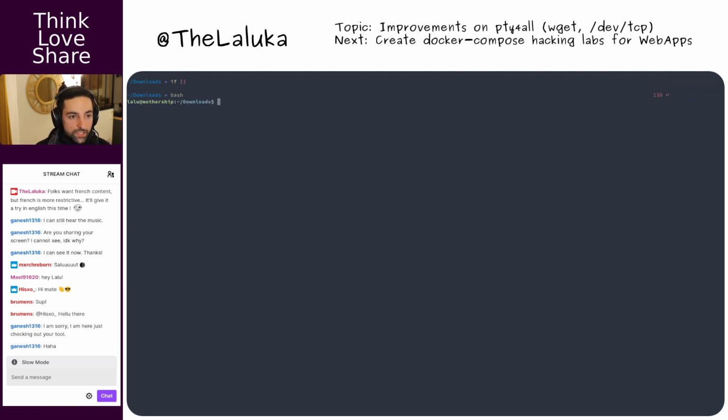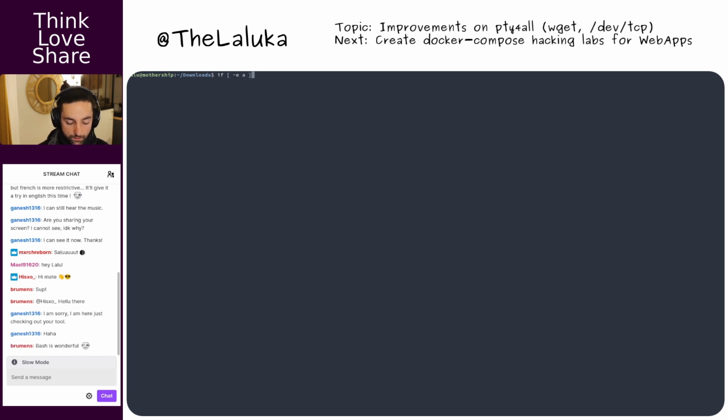We need to be in bash first. So if I want to test a file that exists, then go. Okay, and a file that does not exist. All right, so we have our comparison.